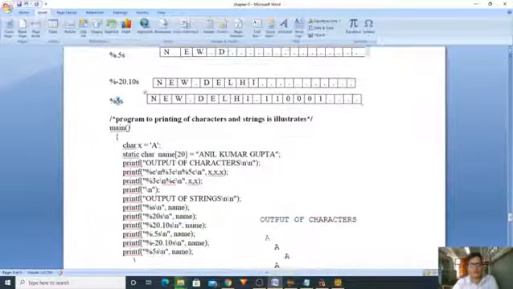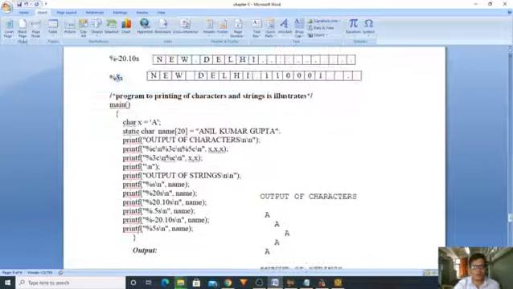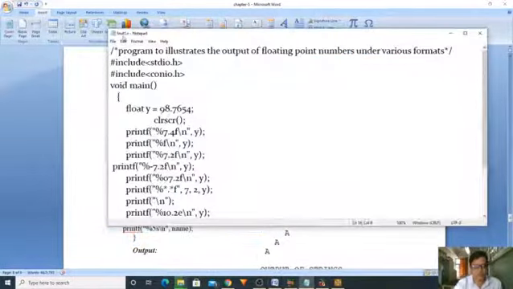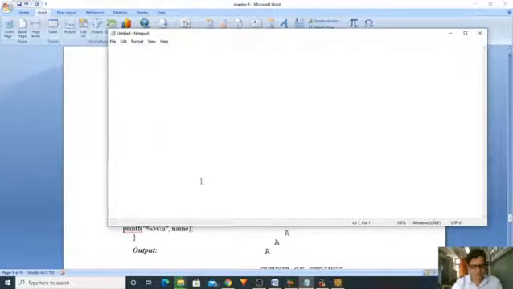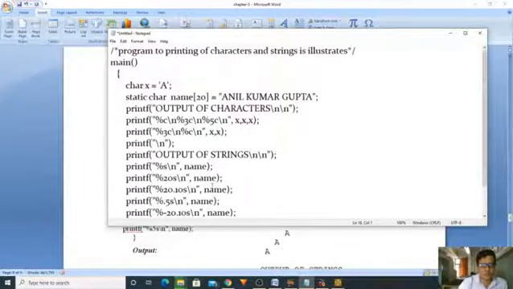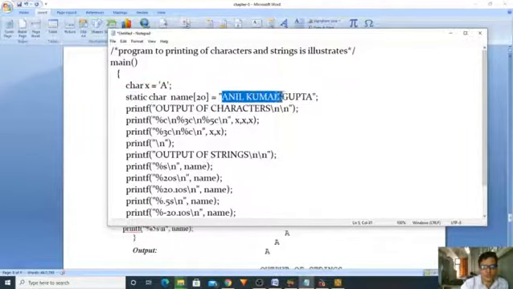Now let us see this simple example. You will see how the value will be displayed. Now I am copying it, going to the program, File, New, paste. Is there any mistake? No mistakes, right? Here you are printing a character. It is a character variable, and it will print only a character. Here there is also a character array, a string, whose size is 20. We have assigned this value.